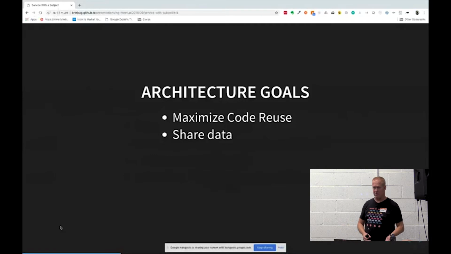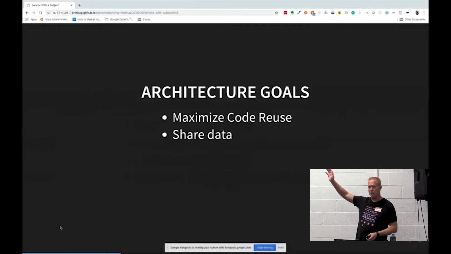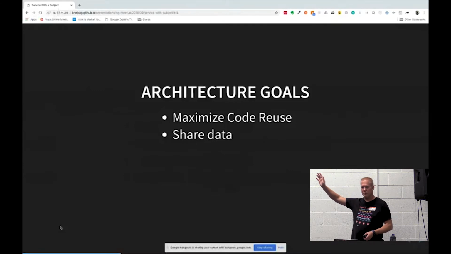data between components. So a lot of times we have data that's on a page that we need to share between multiple components, and then we're trying to figure out what's the best way to share it. Who has like a session service right now in their application? Anybody? Come on, don't lie to me.